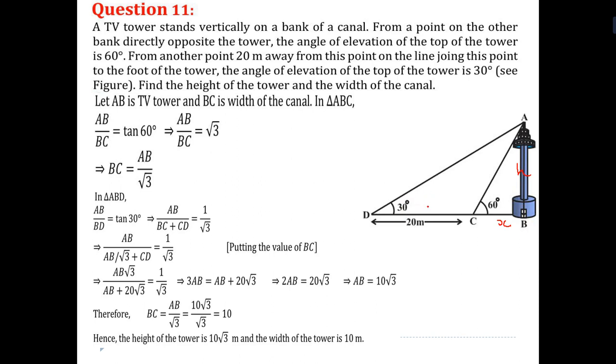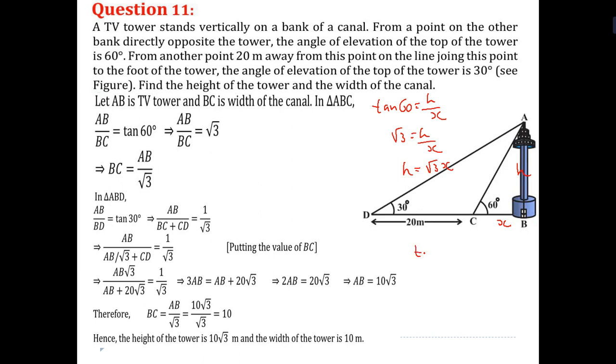Question is like that, there is a tower standing vertically on the bank of river. So opposite to it, if I will walk 20, the angle must be changed. When angle is 30 degree, it means the object is far. Now as we go toward the tower, the angle must be changed to 60 degree. So how we can find out the two things we have to have, x and h also. So simple, tan 60 is equal to h upon x. Tan 60 means root 3 is equal to h upon x. So we can say h is equal to root 3x.